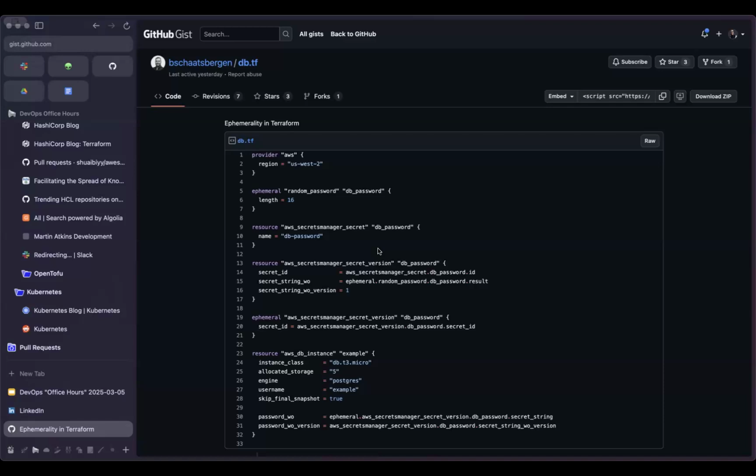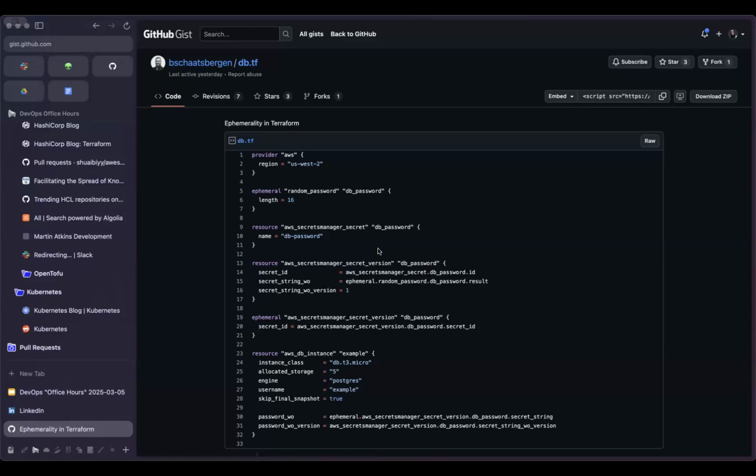They addressed it by ensuring that you can have encrypted state, which is still good. Remember, security is all about peeling back the layers of the onion, or adding layers to that onion. Encrypted state is a good one. But you know what's even better? Have nothing sensitive in your state.